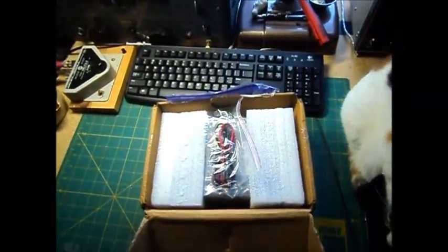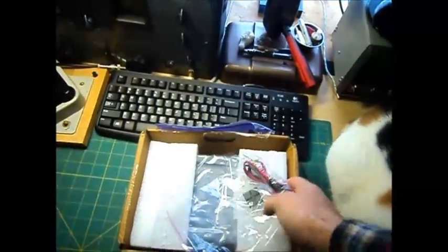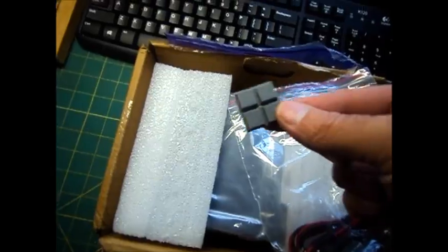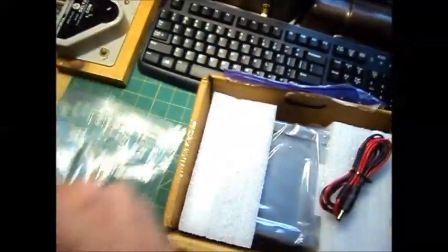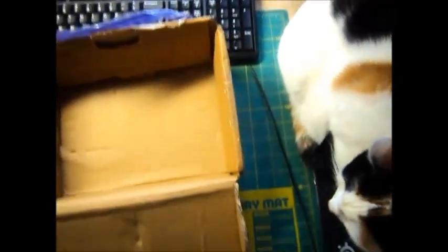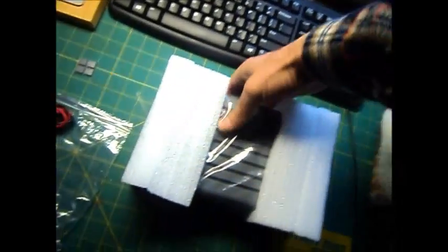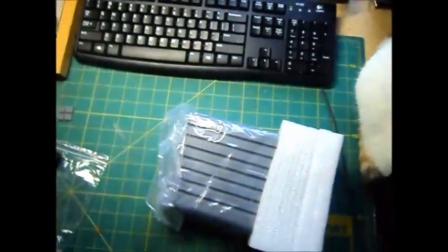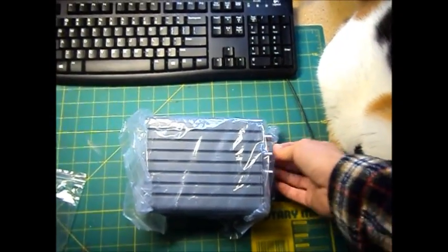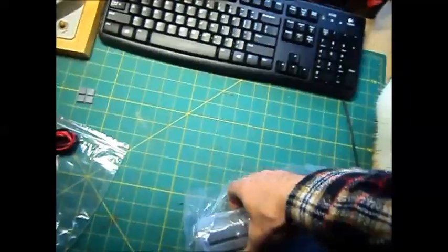Alrighty. It's not bad. I think we can get it out. So here we have a power cord. And looks like some rubber feet. And take the box out of the way. If it goes this way, ridges go on top. Take those off. And put some tape there. You'll notice it's from